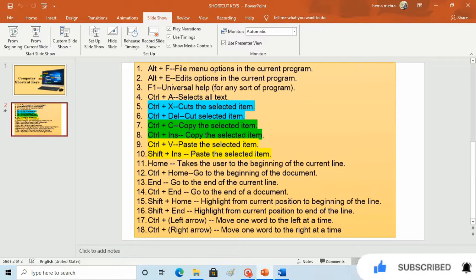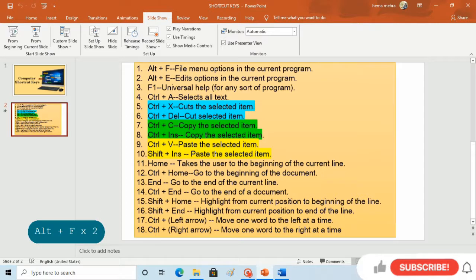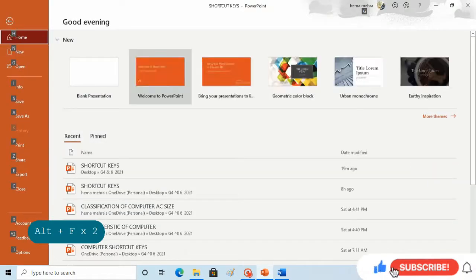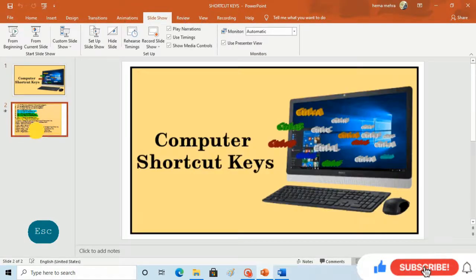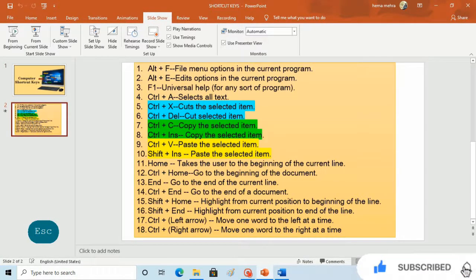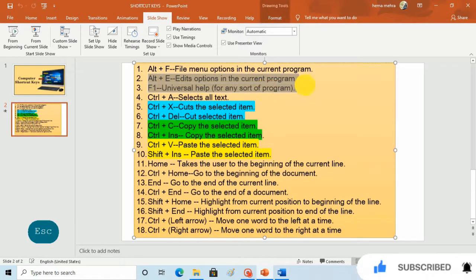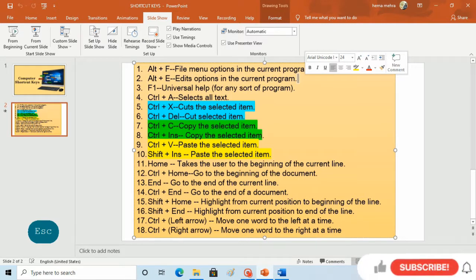Let's do this. Just press Alt plus F. Now you can see after pressing Alt plus F, we directly came to the menu option of Microsoft PowerPoint. Now the next is Alt plus E. Alt plus E opens the edit option in the current program.